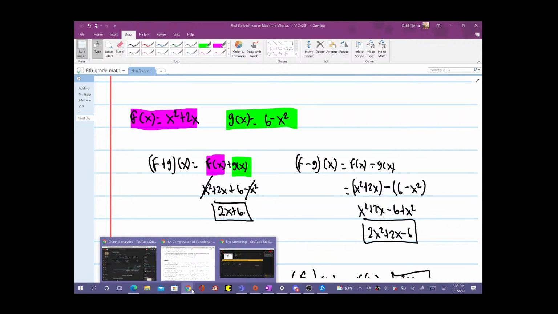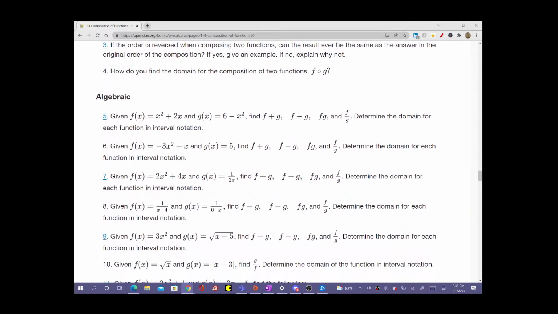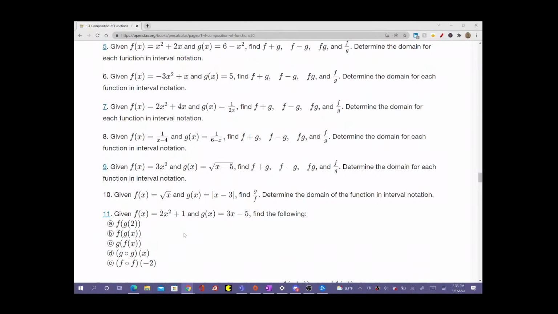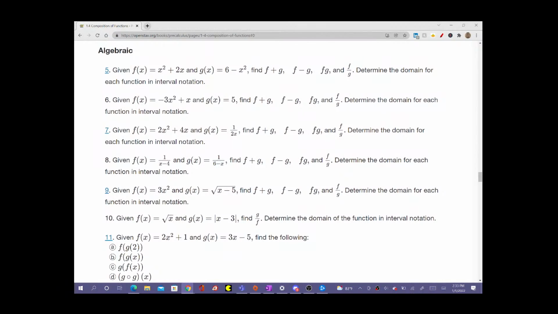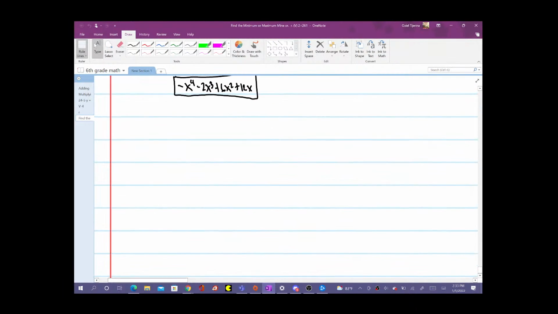And then, let's see. So that's what we have to find so far. I'm gonna do a few more of these, the ones 6 through 10. But I am not gonna do the function in interval notation, or determine the domain or range in interval notation. So yeah, but I will be doing